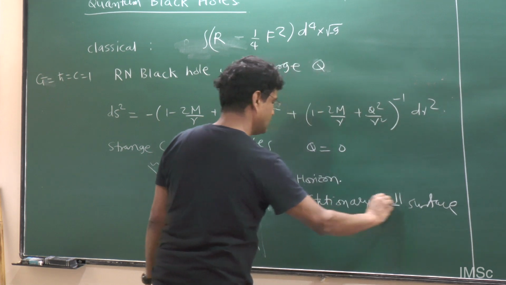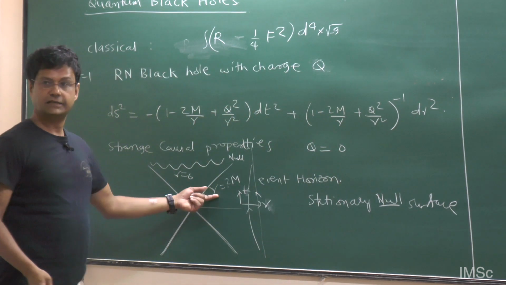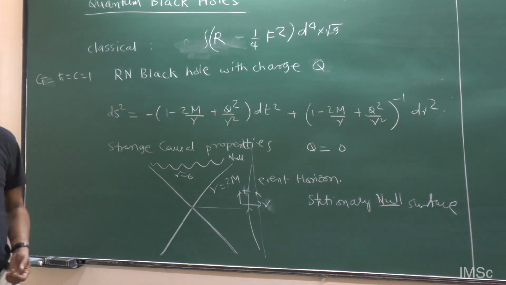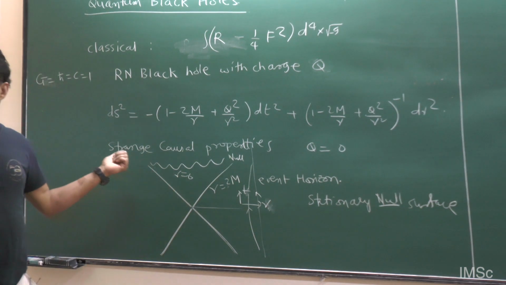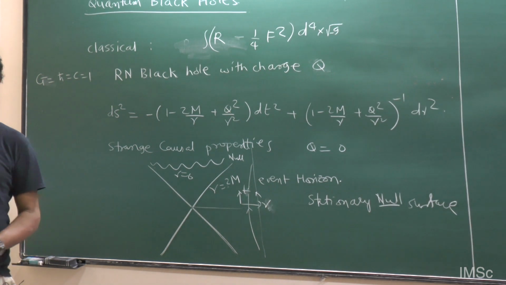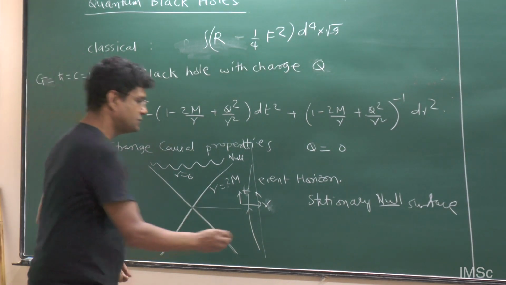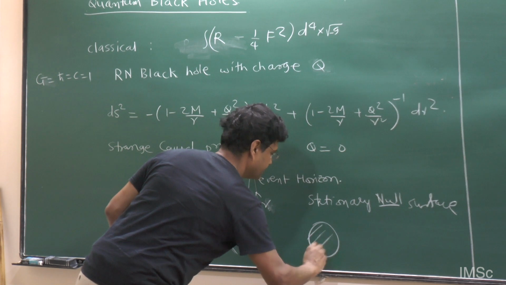So it's a kind of peculiar: it's stationary because it doesn't depend on time, but it is null at the same time, it's moving at the speed of light. And it's a peculiarity of this metric. And that's a kind of technical definition of an event horizon. Of course, intuitively you think of it as just a black hole.